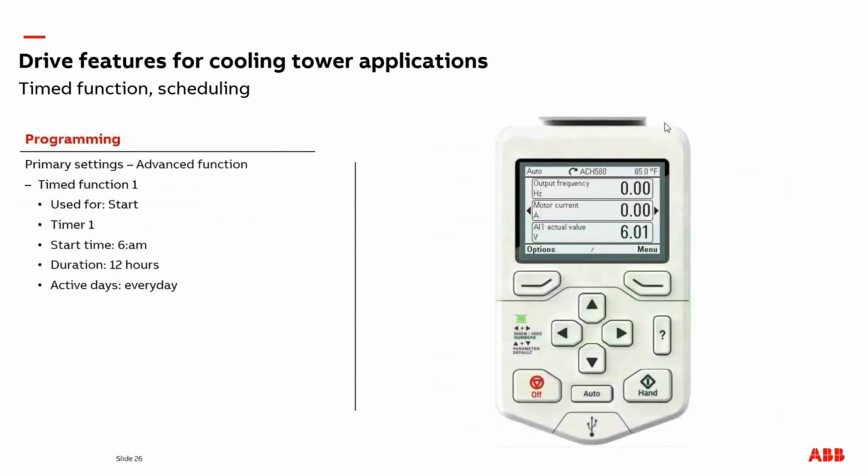To enable the timer functions for use in changing applications, scheduling standby modes, rotation and multi-drive setups, you can find them in the primary settings and advanced functions. In this quick example, I'm just going to set up one timer to be used for starting the drive and or PID. Boost time can be used for a manual activation. I won't cover that. For timer 1, I'm going to set up the start time